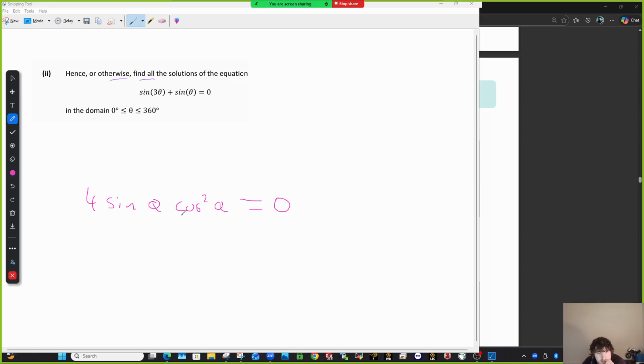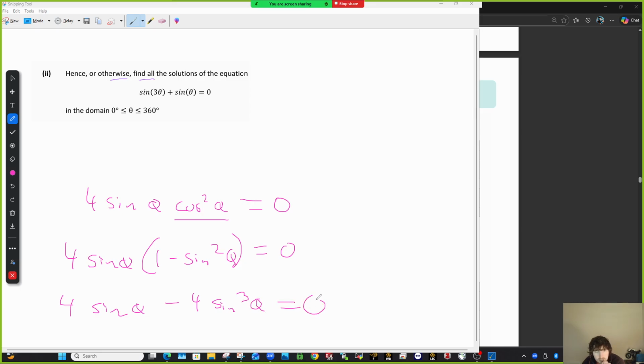So what you could do here is swap cos squared out for 1 minus sine squared. I spoke about that earlier in the video as well. So 1 minus sine squared